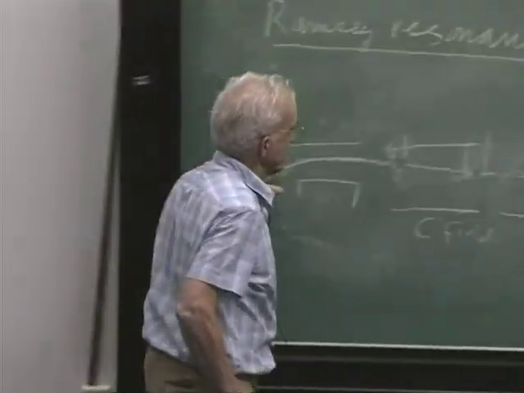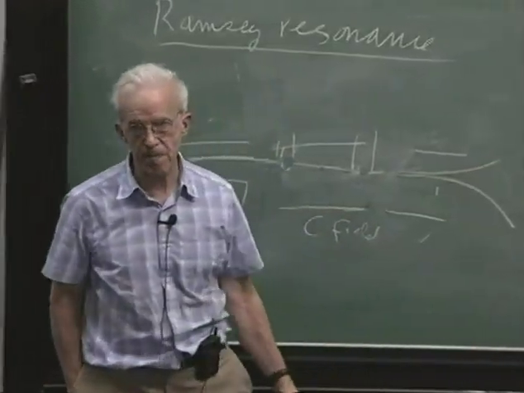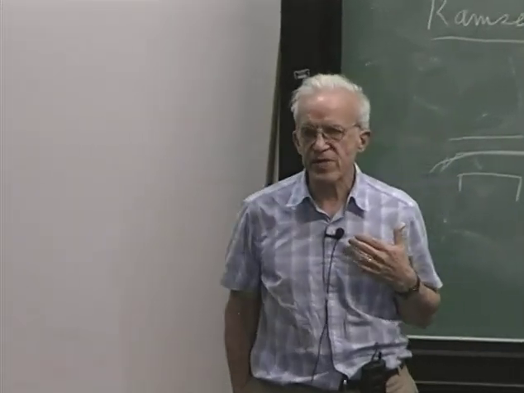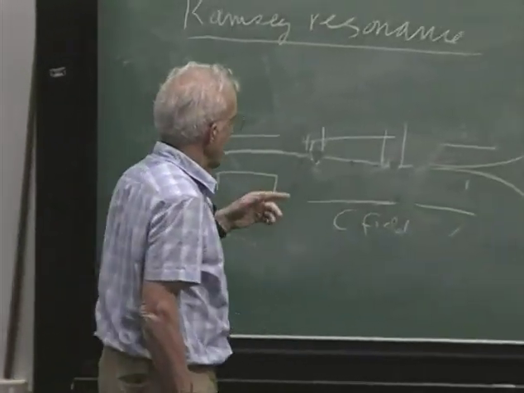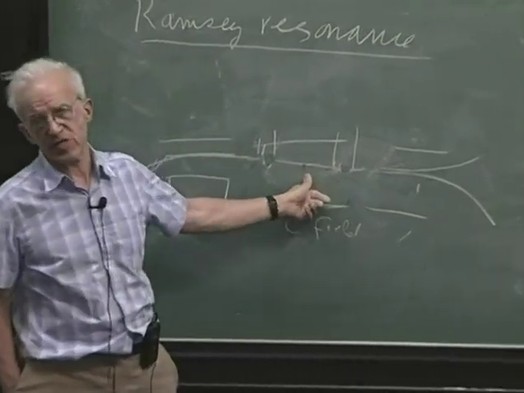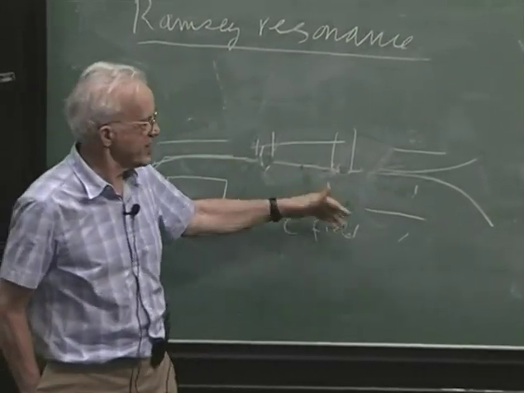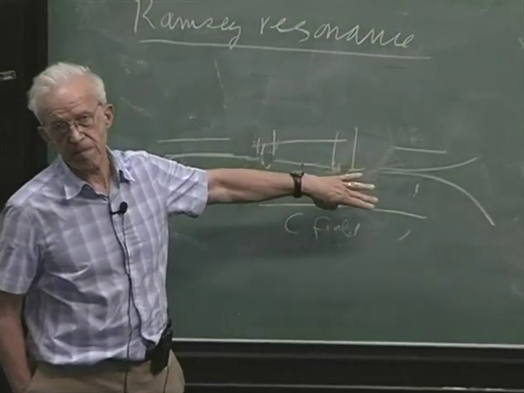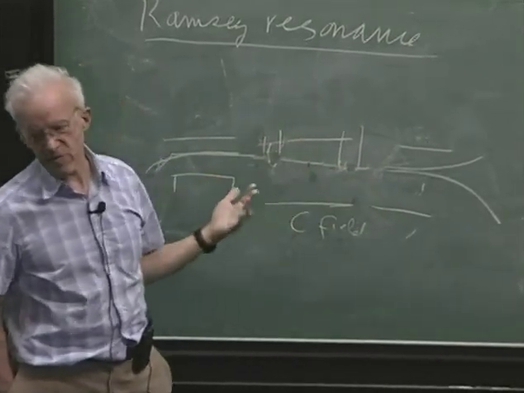You're interfering paths which are going through different paths from the beginning state over here to the end state. It gives us a way to make a coherence in the system. While the atoms are going from here to here, it's a coherent superposition of the initial state, the ground state, and the excited state. So this experiment introduced some rather fundamental ideas into physics,